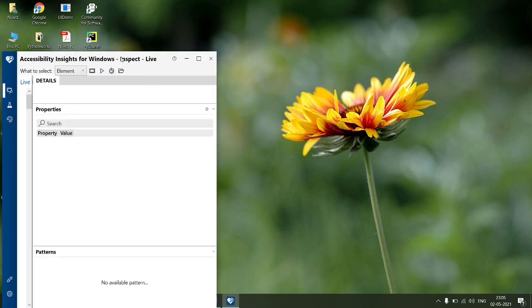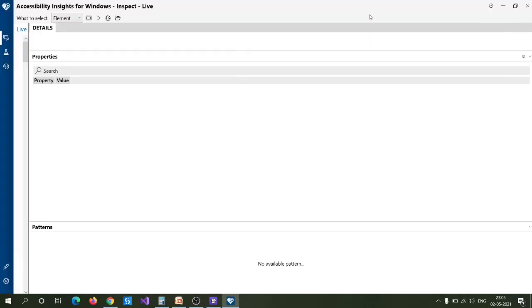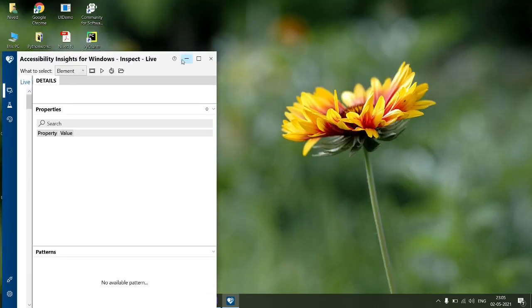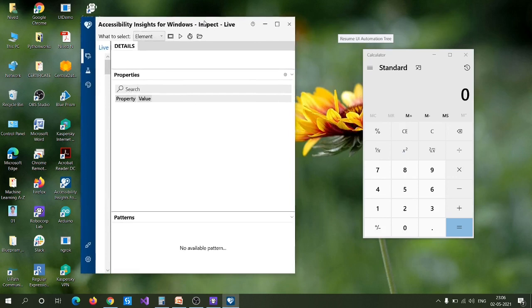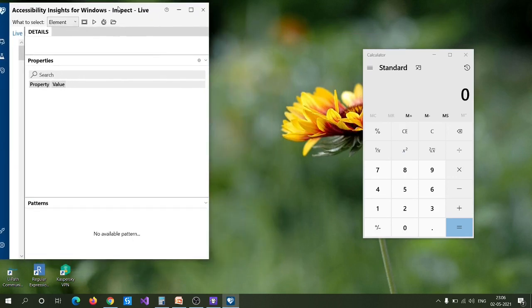Yeah, cool. So this is the Accessibility Insights software, and using this you are able to generate the properties of a particular UI element, which I will show you. For example, let me open this. Now let me click on play.